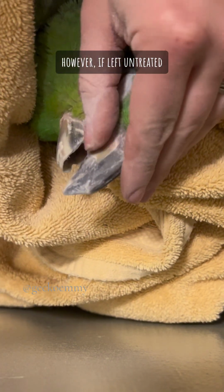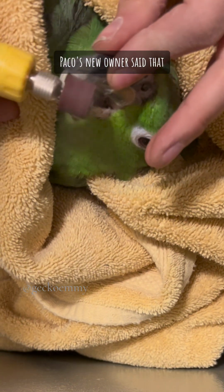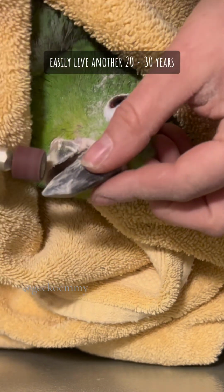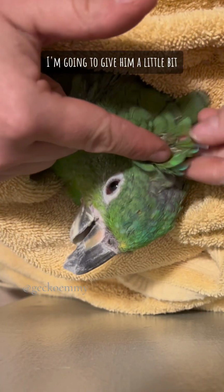However, if left untreated, their days can unfortunately be numbered. Paco's new owner said that he's most likely in his 40s, and with good care, he could easily live another 20 to 30 years. With the beak sanded into a reasonable shape, I'm going to give him a little bit